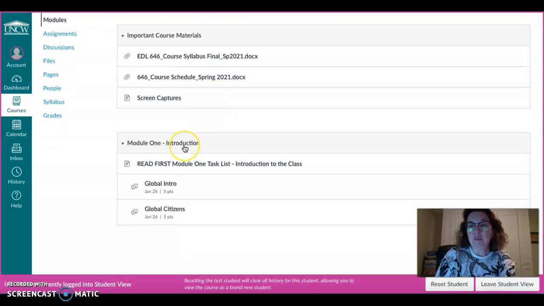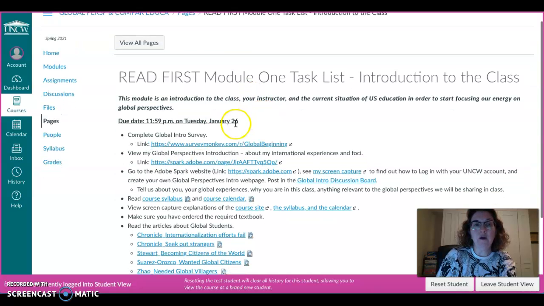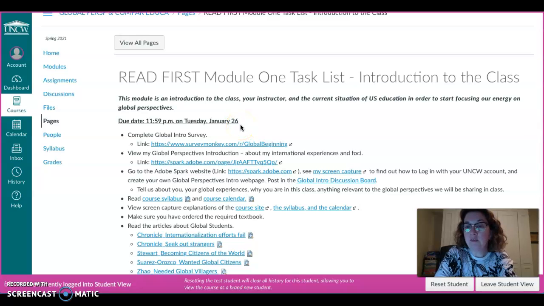As I mentioned in my overview of the Canvas site, I do start every module with an overview task list. So this is the task list for the module. It tells you everything I would like for you to do for that module, and then I provide you the links in the task list, and then the links of where you're posting in the actual module itself as well. So if you go into this, you'll see here, all these are due on Tuesday, January 26th by the end of the day. So our modules will start on Wednesday as this first module is with the first day of class.